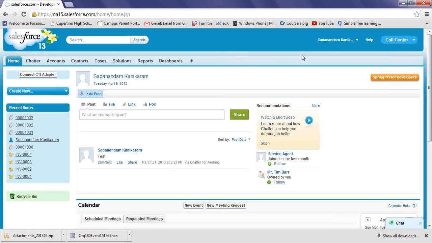Okay. When we talk about workflow, what it means is, let's say I create a case and I want that case to be routed to Bhaskar.